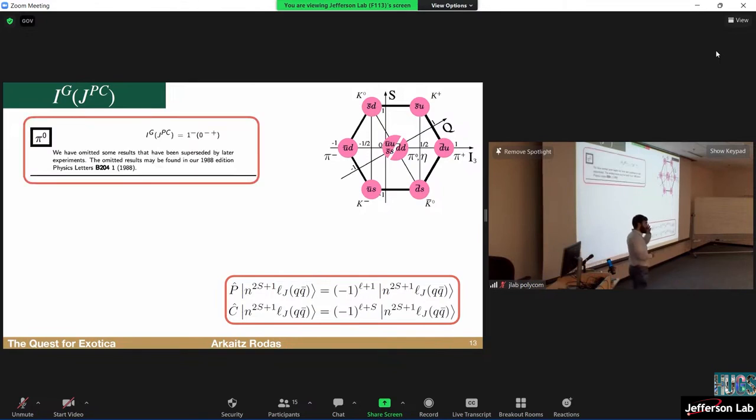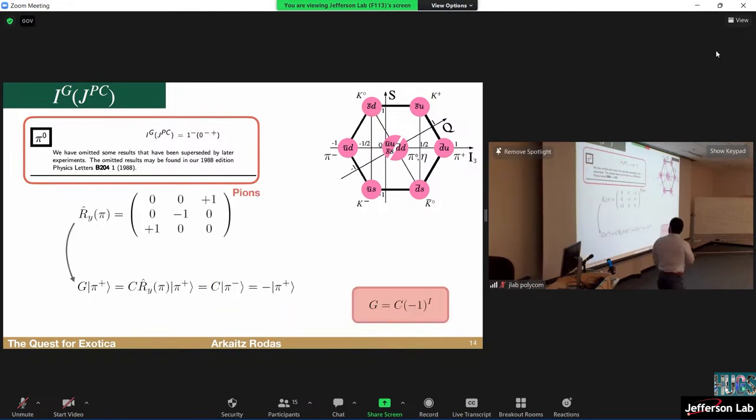And let's do an explicit example with pions. If you go to the PDG book, and then you look at the state, it's defined by isospin, G parity, and then J P C. And so it's minus. Let's calculate it. The rotation in terms of pions looks like a matrix like this. So now we have a triplet, 3 pions. This rotation operator is a 3 times 3 matrix, right? And what does it do? Okay. If we have a pi plus and we rotate the isospin of a pi plus, let's say that in this rotation we're flipping the third component of the isospin of a pi plus. Where does the pi plus go?